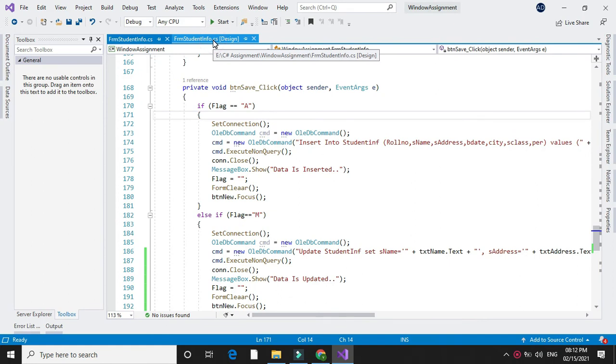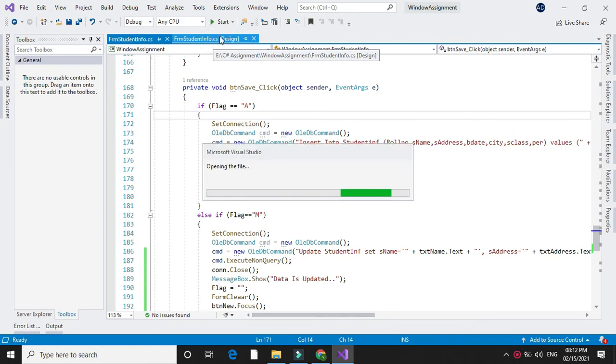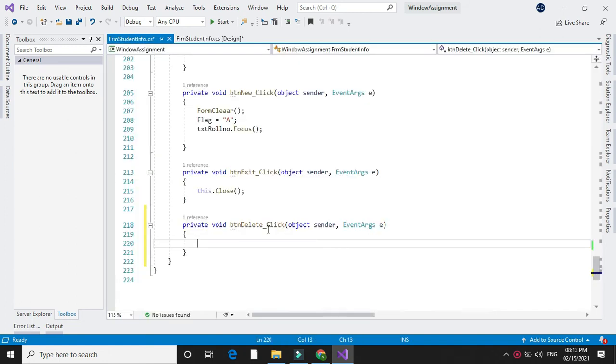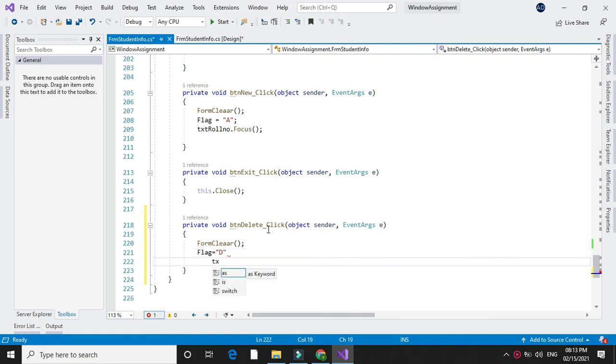Now to delete a particular record, we will see the delete command. Here on the delete button, we will call the form clear method first. Then we will set the flag equal to D and we will set the focus to roll number.